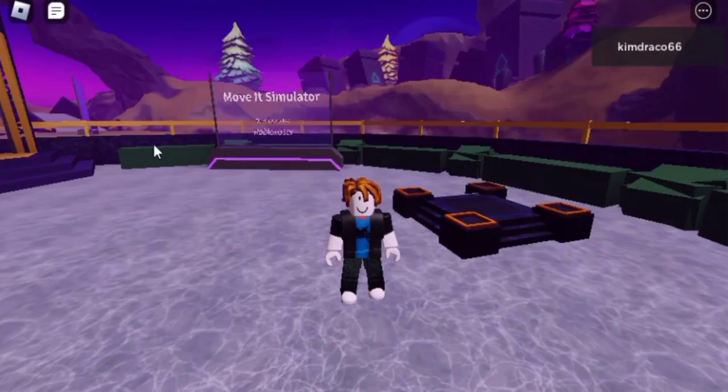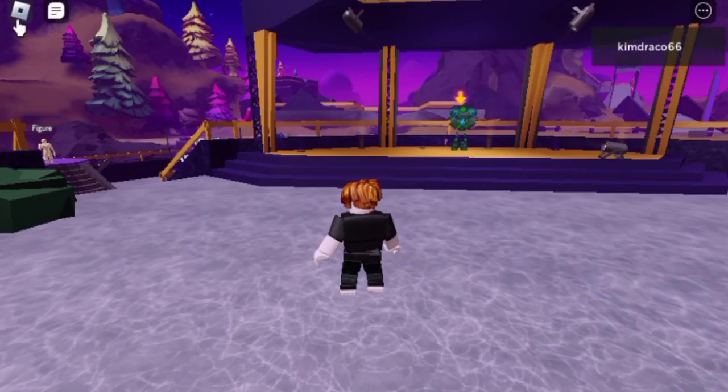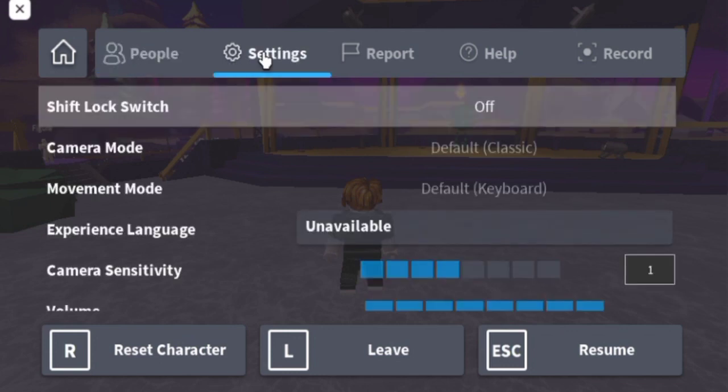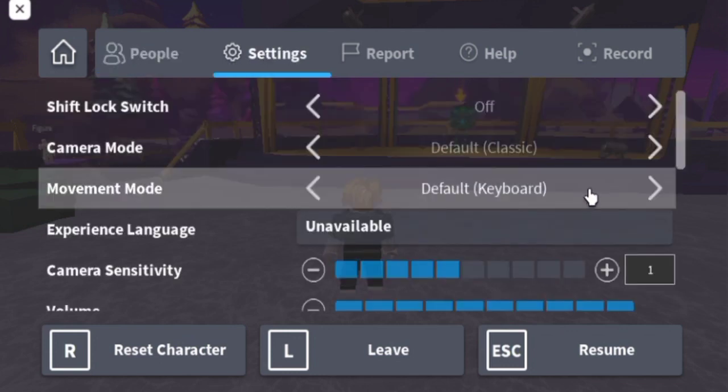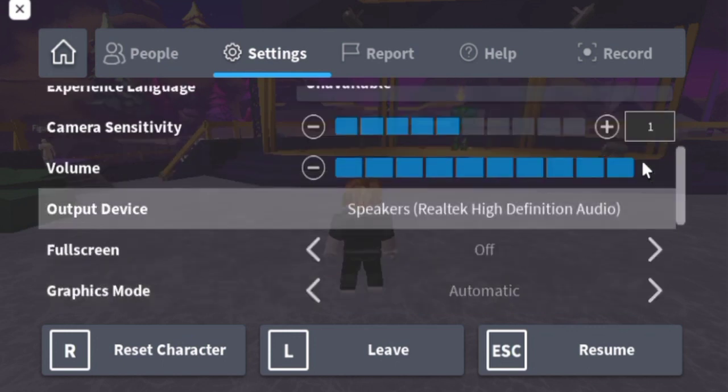By clicking the escape key and going to settings from here, you can access your Roblox settings. Make sure the appropriate device is selected as your video camera device. In the camera settings section, the face tracking feature has not yet been included in many games at this moment, and it might take some time before the best programmers update your